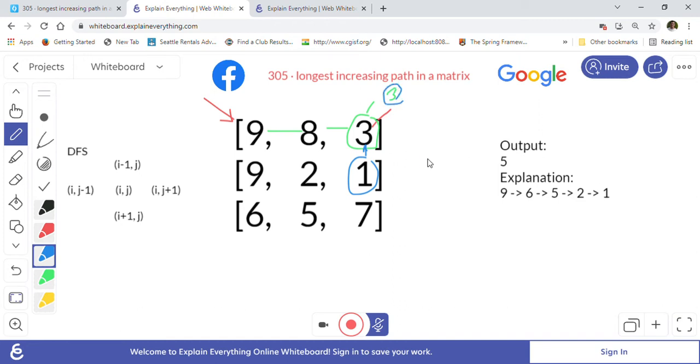We will just use that when we are calculating the 1 to 3 path. We just have to add 1 to the 3, so it gives 4, because the path from 3 we already have calculated. So we will end up calculating a path only once for each cell. We don't want to recalculate it again.